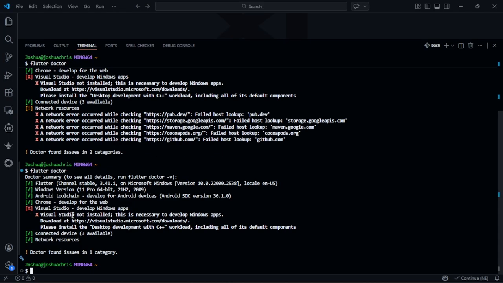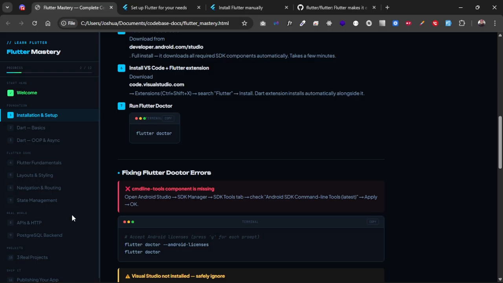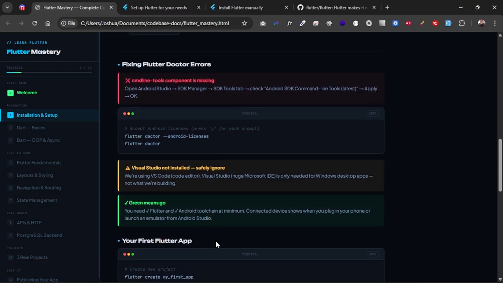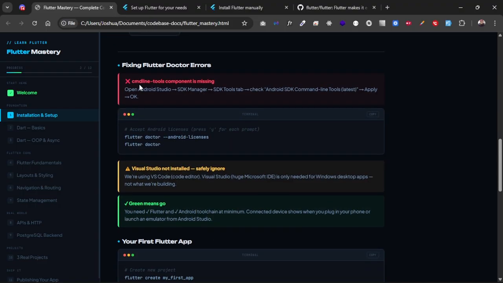Now this Visual Studio doesn't mean anything, alright? But anyways, right now you might be having a lot more errors, and a couple errors that you might be having. I'm sure you just might be having 2 errors, which might be something around CMD line tools component is missing, alright, and something about Flutter Android licenses rather, right? So for this one though, the CMD line tools component being missing,